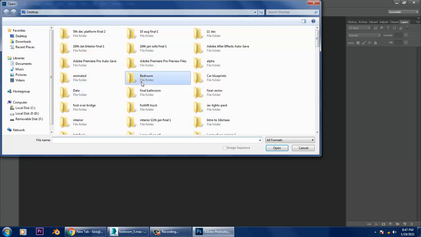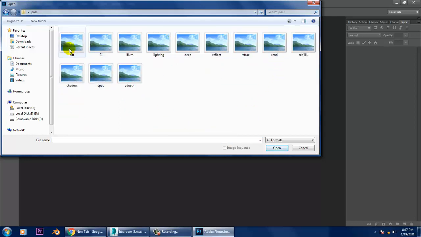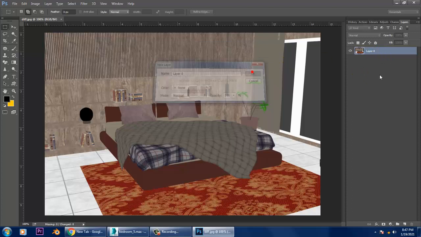I have created a passes folder where I have taken all the required passes. The very first pass I will be taking is your diffuse pass. Let's just rename this as diffuse pass.